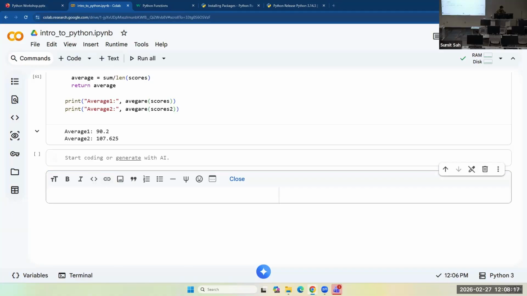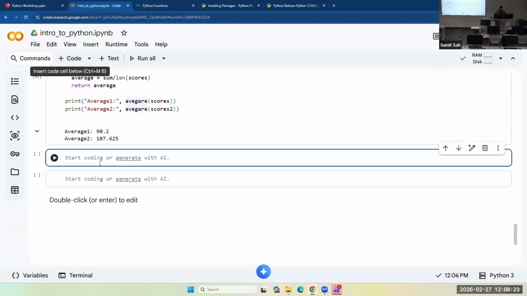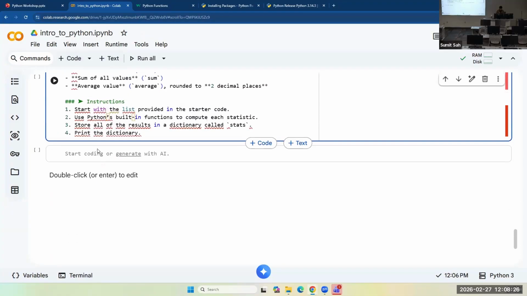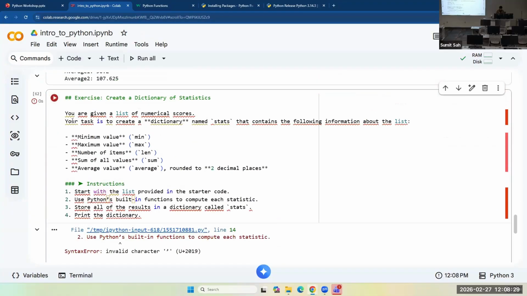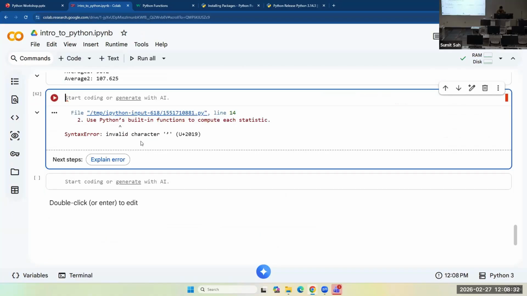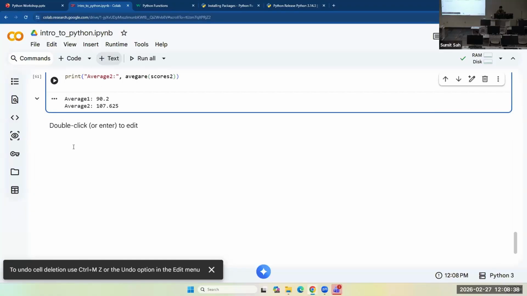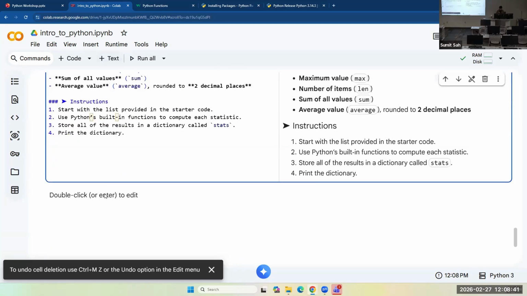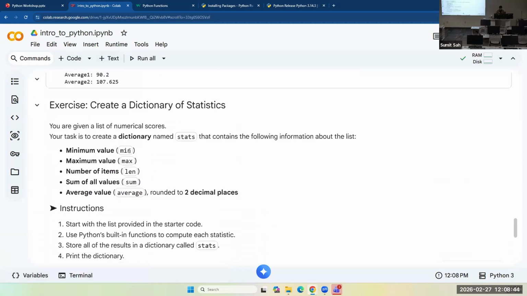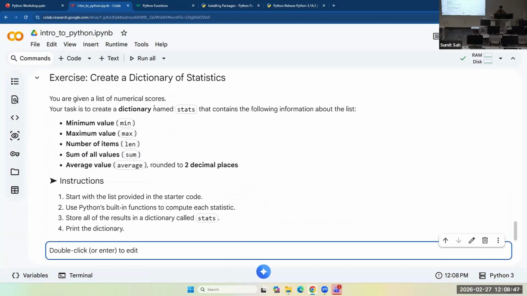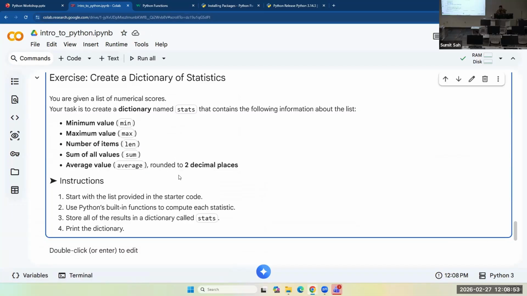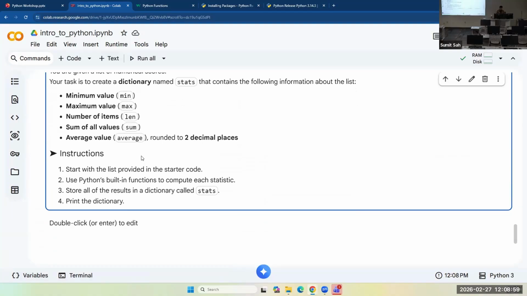So the exercise was to create a study of statistics of the data, finding sum and average, and then packaging everything into a function that will return a dictionary of the statistics summary.